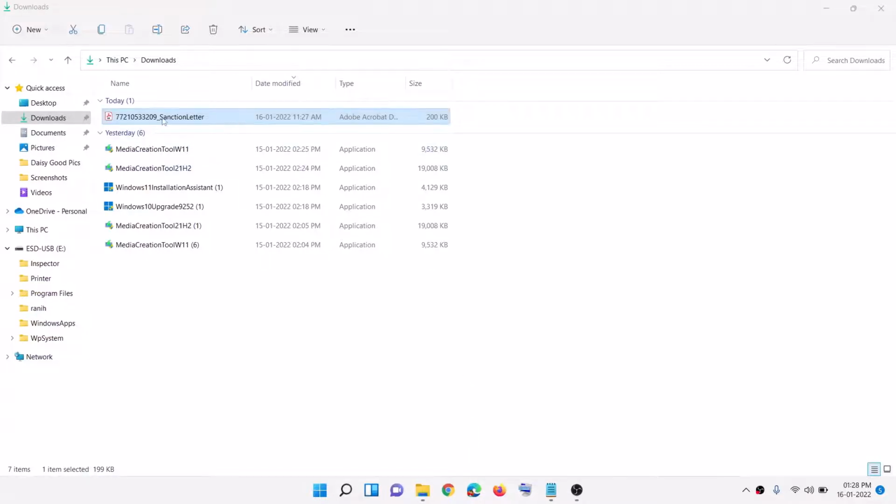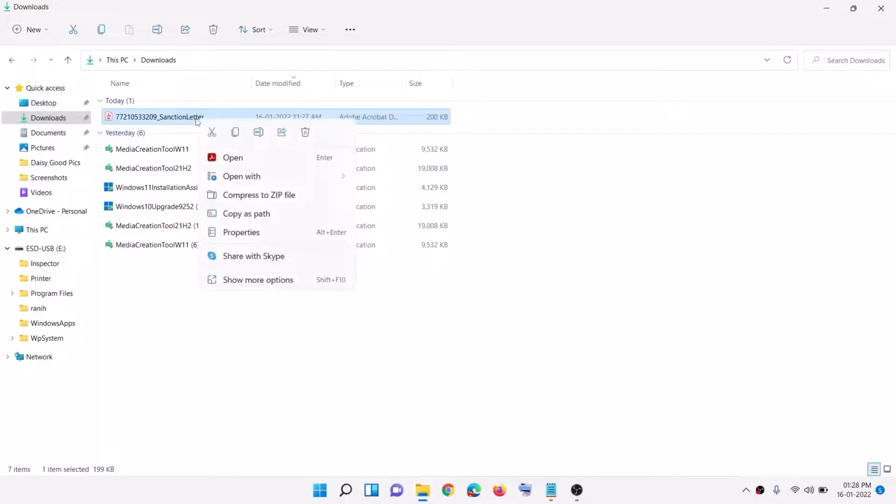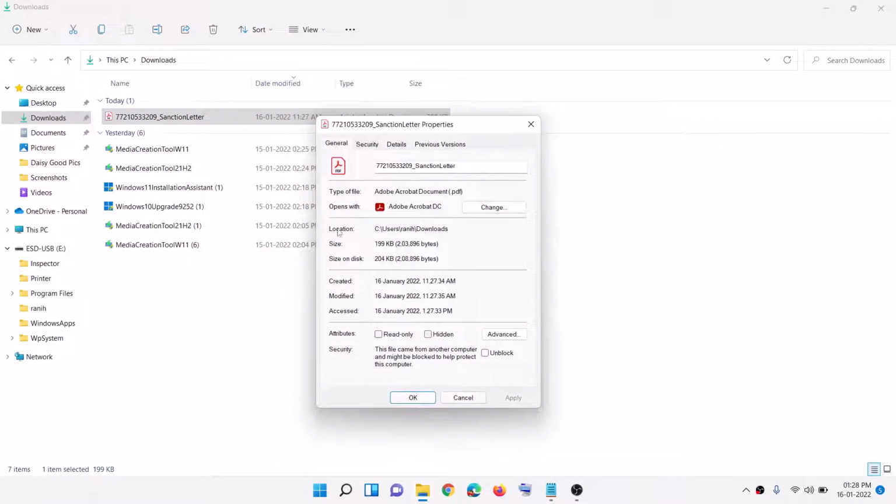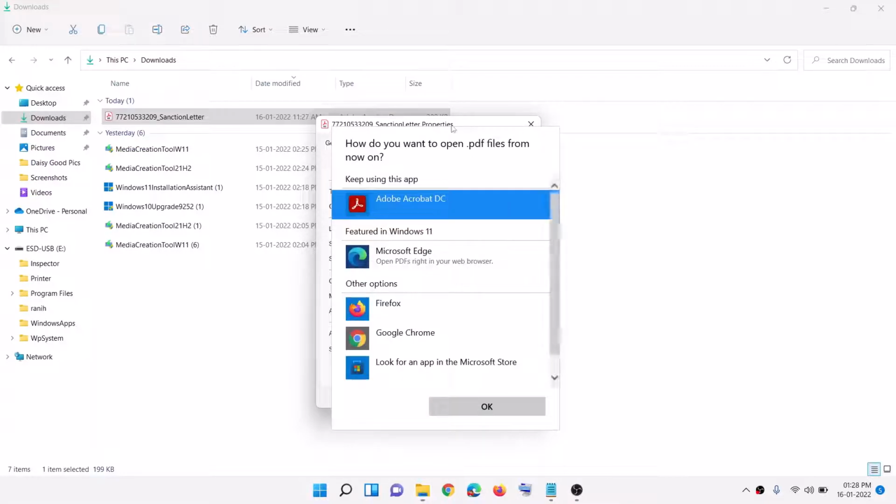So select your PDF file, make a right click on your PDF file and then click on Properties. Now under the General tab, here you can see the option which says Opens with. In my case, Adobe is selected over here. So click on Change, and then if you want to open any PDF file with Microsoft Edge, select Microsoft Edge,